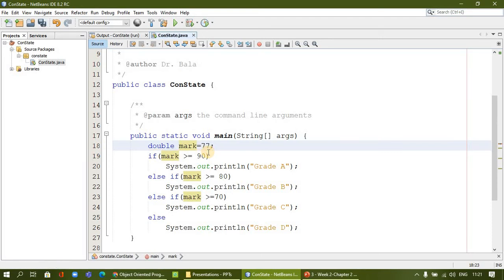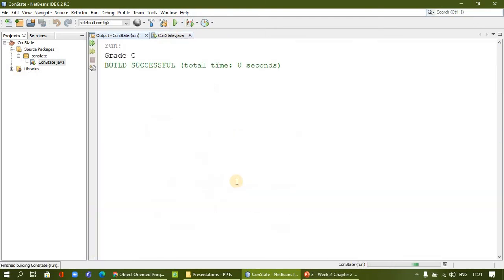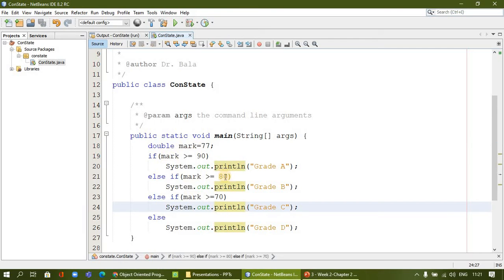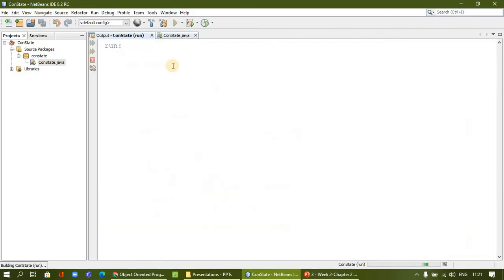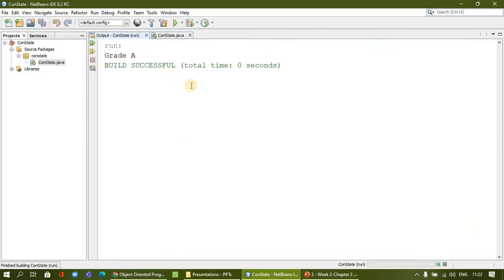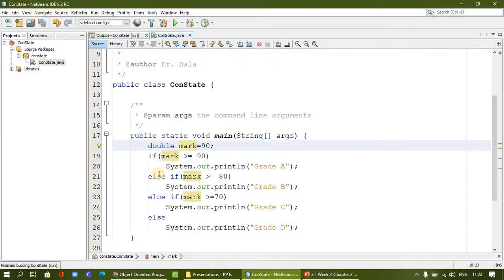Maybe I say 77. So 77 is grade C. 79 is grade C. Between 80 to 89, I will say, for example, 87 or 86 something. That is grade B. If your value is 90 and above, it is grade A. Okay, in this way we can use else if.